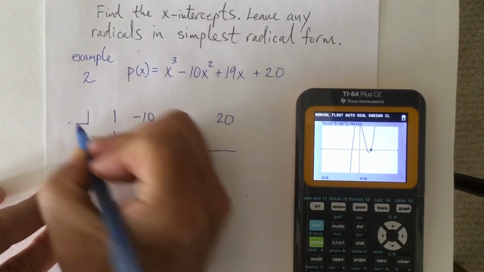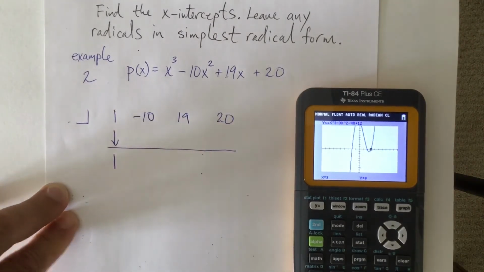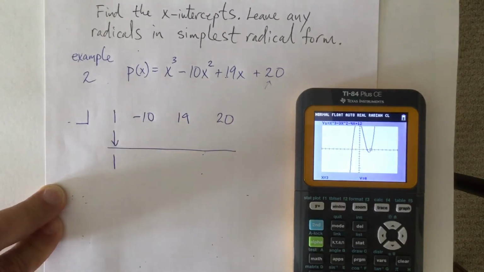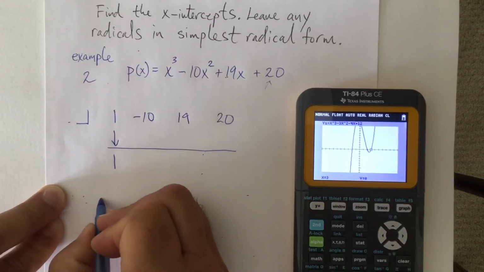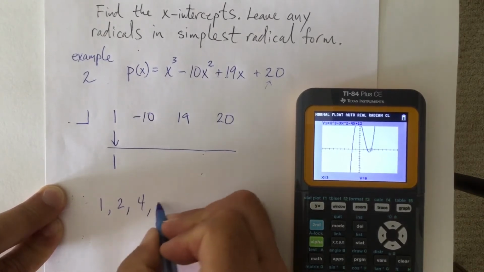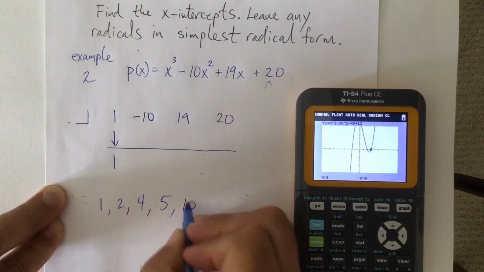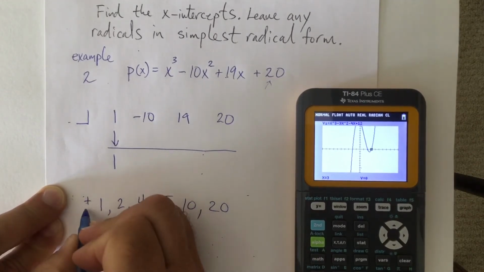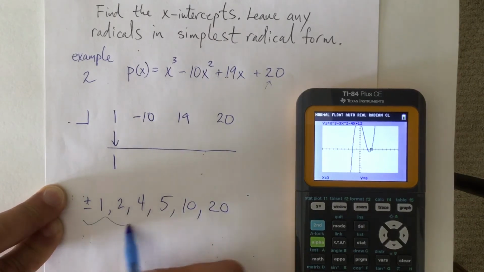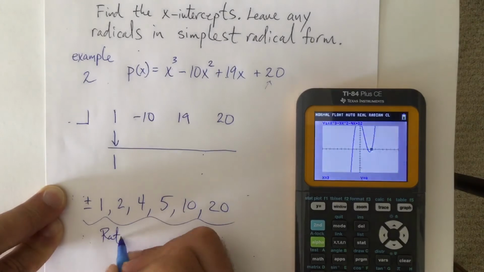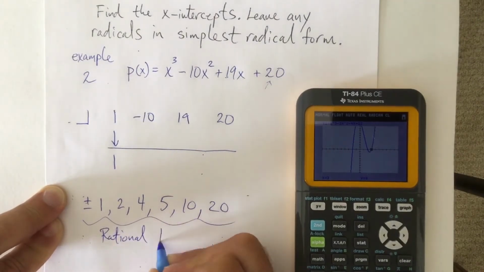I have to pick a shelf number. What shelf numbers should I use? They should be things that go into 20. So it could be 1, 2, 4, 5, 10, or 20. Those are things that go into 20. It could be a positive or a negative. So these are called my rational roots,